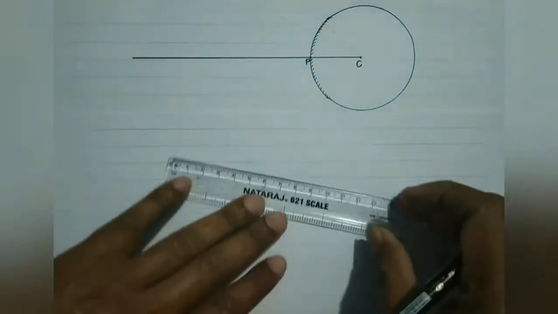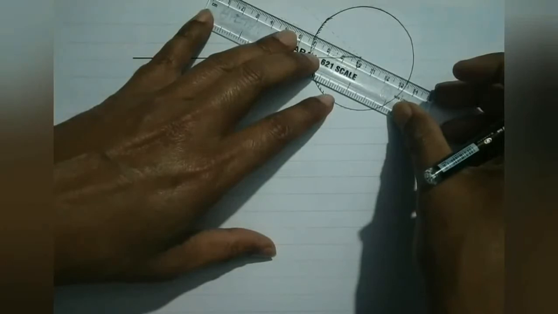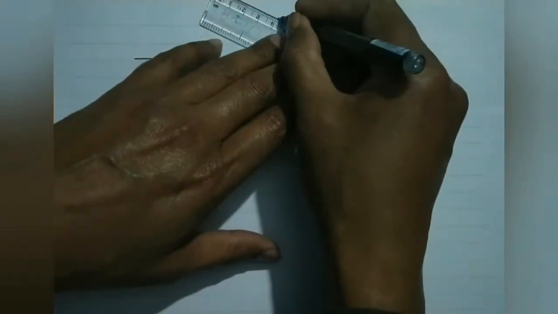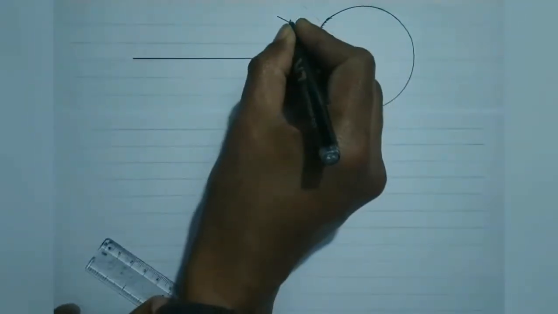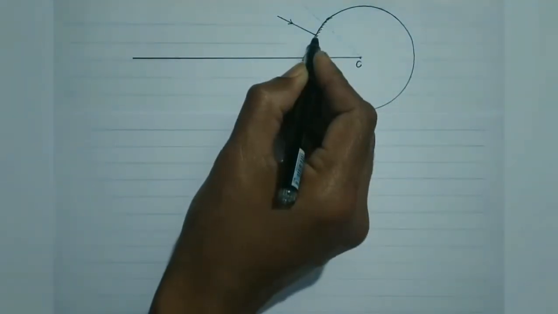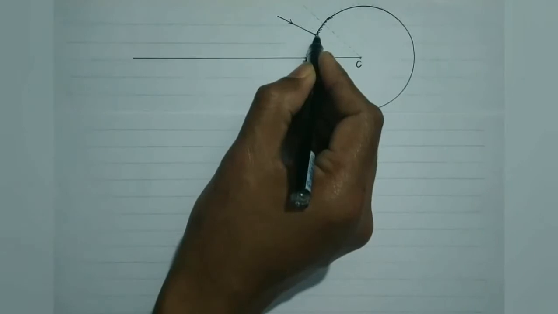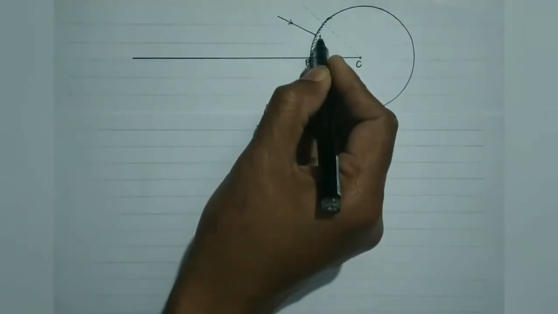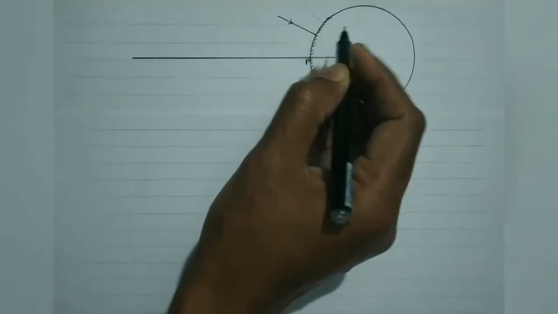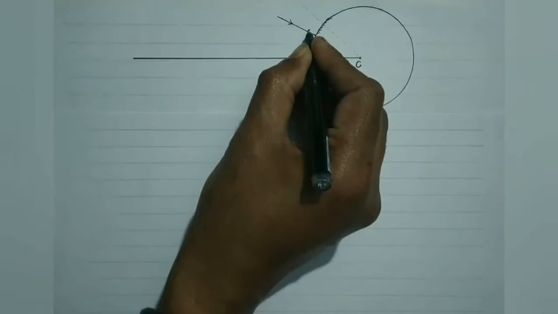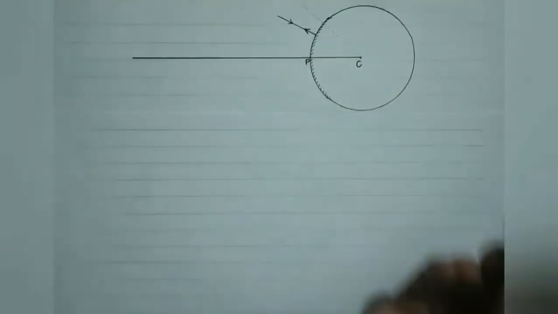So now what happens is, suppose this is the incident ray. Here the angle of incidence is 0 degree. Therefore the angle of reflection must also be 0 degree, perfectly as per the law of reflection, angle of incidence equals angle of reflection. So this ray must get reflected and retrace its path in the opposite direction.